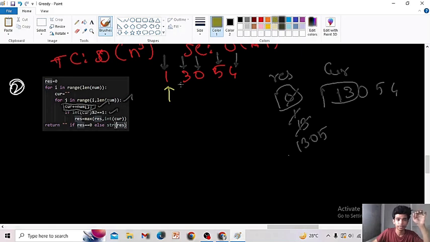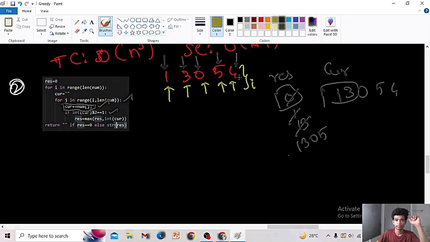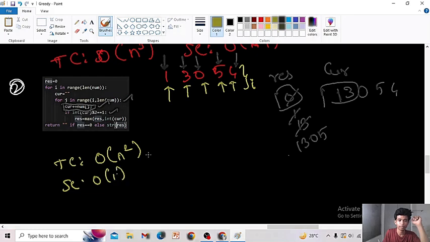Now this process will be continued along like when this yellow pointer goes here. That means the I pointer goes to the end. Okay. So this is how we can check each and every substring. Understand? So the time complexity is O of n square and space complexity is O of 1 because we didn't